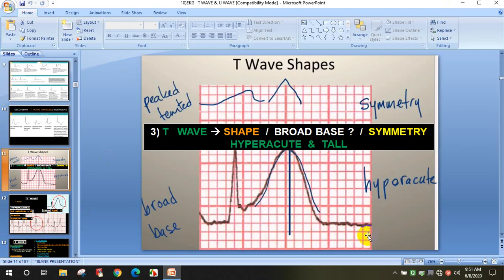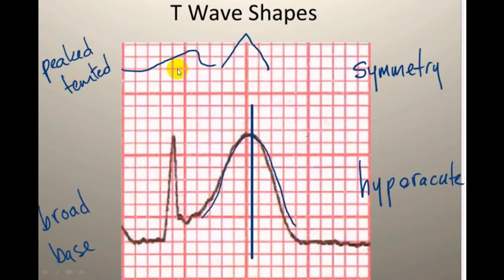Now, we'll be going through the T wave morphology. Whenever you look at the T wave morphology, look at whether it is peaked or tented. In a normal person, you will see that the first part of the T wave is longer than the second part. So that's why it appears tented.